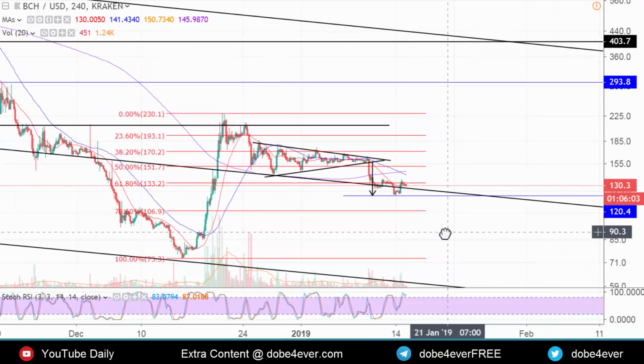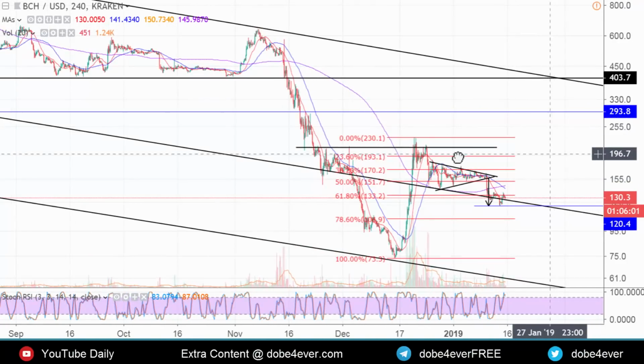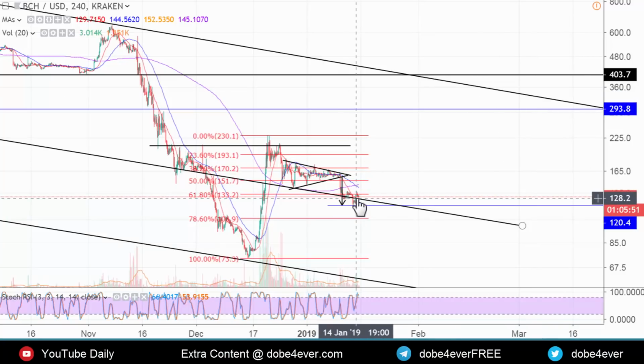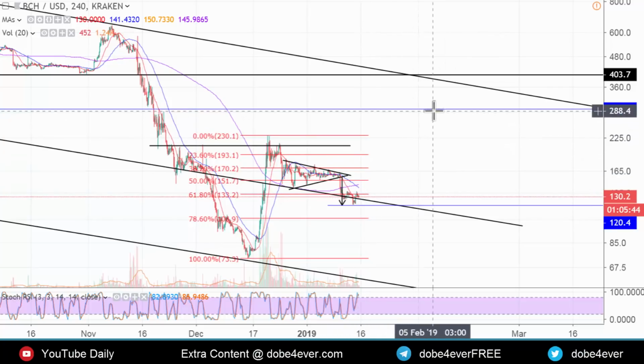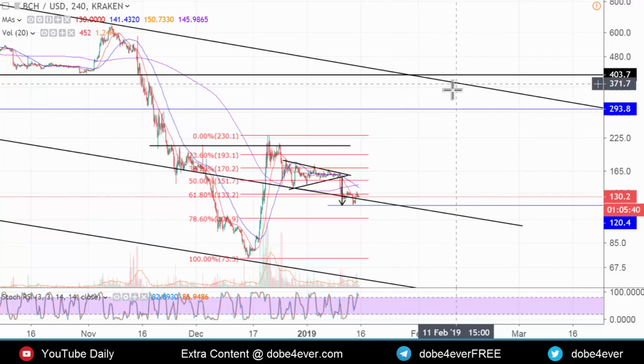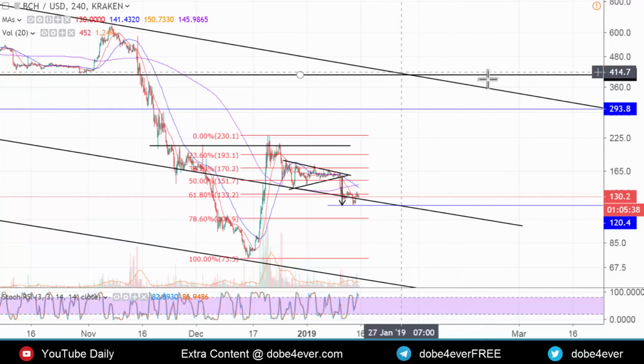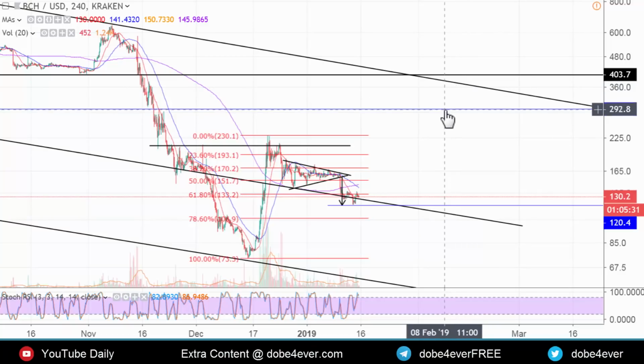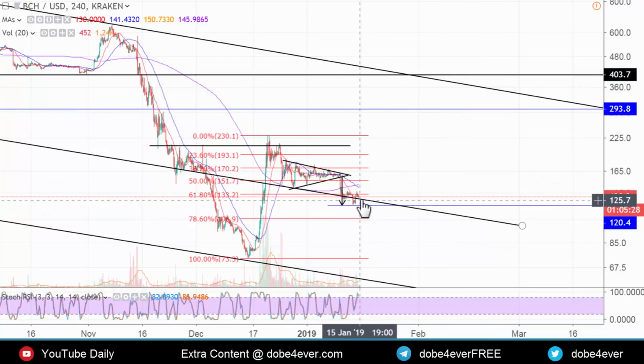Consolidating between support and resistance, probably until we make it to this diagonal trend line, which is also at around the same level as the 20-week moving average. And so the same two options that I explained for Bitcoin, BTC: we either bounce from here and start going up more aggressively, and then by the time we touch the line and the 20-week moving average in the weekly time frame, we will be able to make it higher, anywhere between $300 and $400,